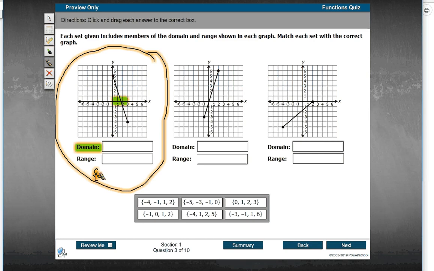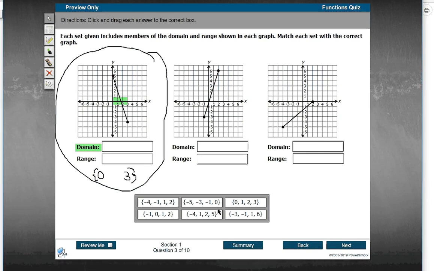Let's not draw that. Let's try that again. I'm going to have 0. There we go. And we're also going to have 3 as the upper amount, meaning we can't go past 3. So which of these sets, again, meaning they have the brackets like that, which of those sets does not go